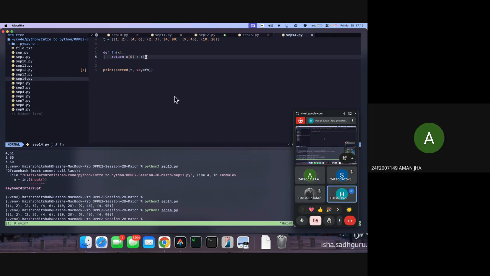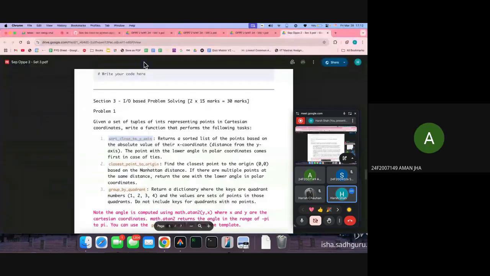यस सर। So this value determines how your function is sorted, or how your list is sorted. ओके सर। तो if you see this, sort close to y axis, ये तो हो जाएगा। See, it returns a sorted list of points based on their absolute value of x coordinate, right? यस सर, हो जाएगा।